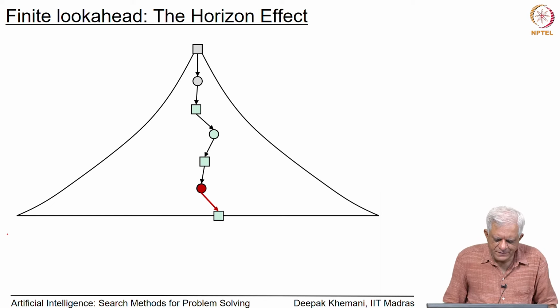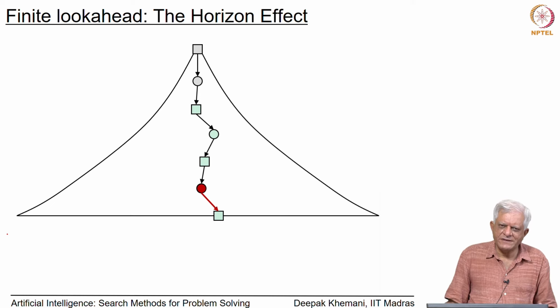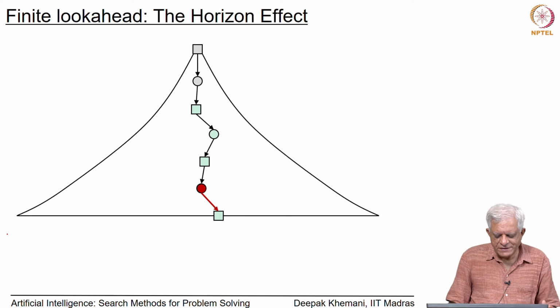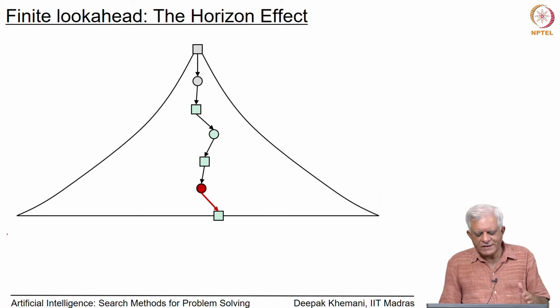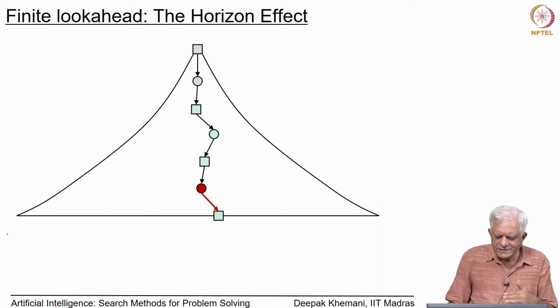So, finally, I want to end with one property of limited lookahead or finite lookahead, which is called the horizon effect. And this has been studied because people have observed that sometimes this limited lookahead creates the kind of problems where some critical event, if it goes past the horizon, then the algorithm is not able to make the best choice. So, let us assume that there is a path in the game tree which is as follows as depicted here,